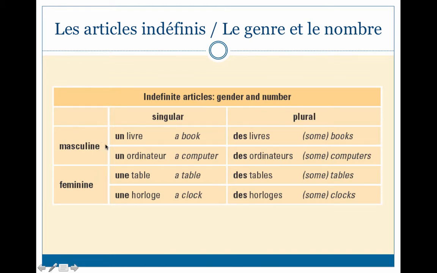So once again, if you want to say a or an and you have a masculine singular noun, you're going to use un. If you want to say a or an but your noun is feminine and singular, then you're going to use une. For any plural nouns where we want to say some, even if it doesn't really sound natural in English to do that, we still need to do it in French unless, again, you have one of these other types of articles or adjectives before it. We still do have to add that in there. And so the plural is going to stay the same between masculine and feminine.